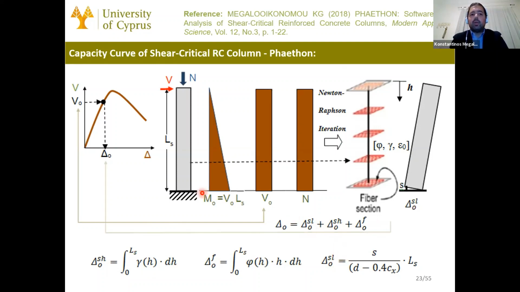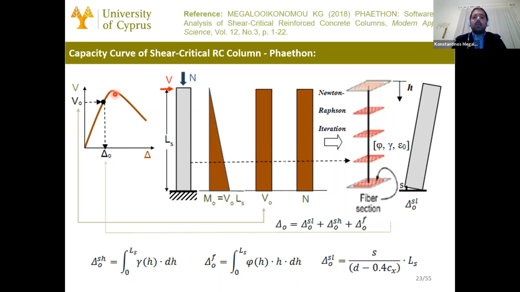We are adding those together, and for each load step we have the corresponding displacement. And as I said, this is until maximum load, where we assume we have the shear failure, and then one more point is defined for the axial failure of the shear critical column, where we assume that the residual strength of the column is 20%